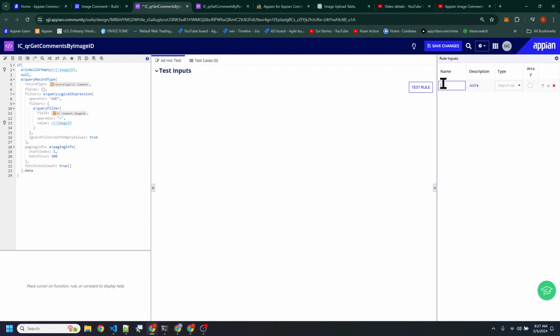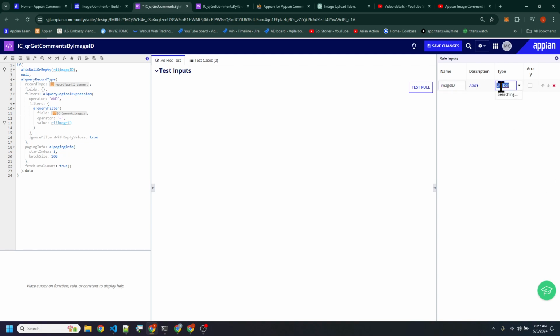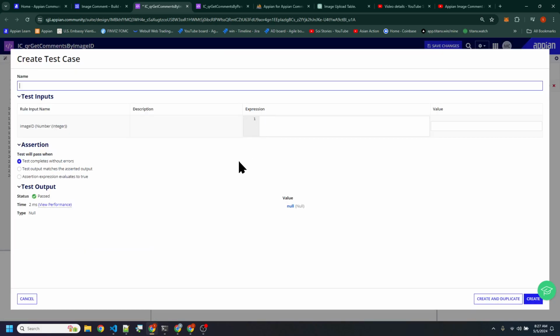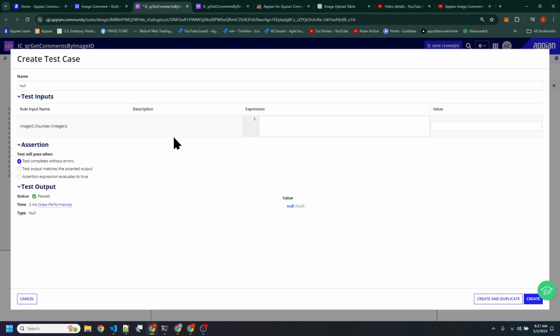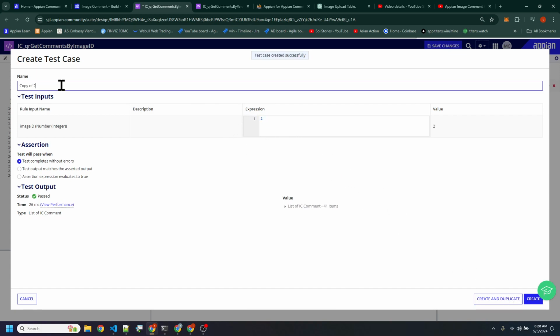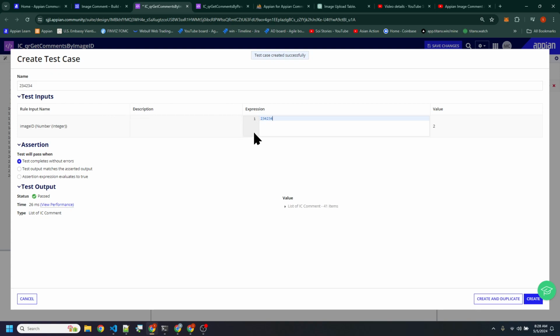Generate a new image ID number, and then the test cases. One, this is gonna be 1, 2, it's gonna be 2, and then a massive number here. Create.